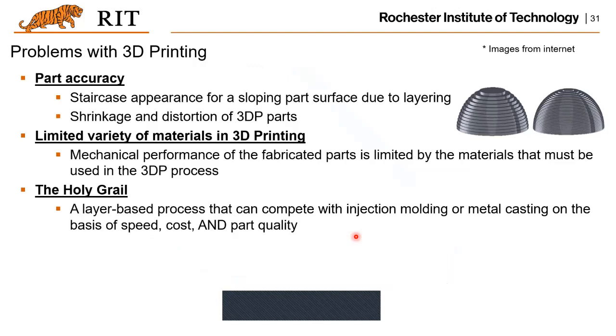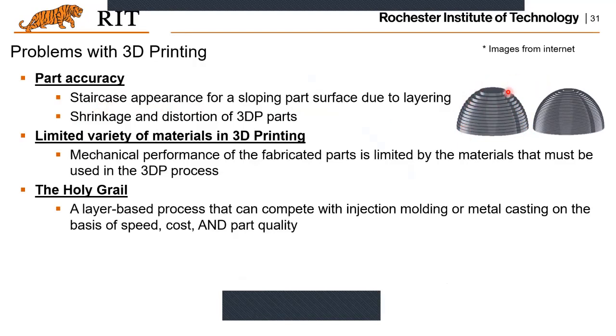But additive manufacturing or 3D printing is not perfect, right? The big number one problem for additive is the part accuracy. As you can see here, to print this semi-sphere, there's a so-called staircase appearance. That is because you are slicing the part into different layers and printing them layer by layer. And it turns out you will have such a stair look